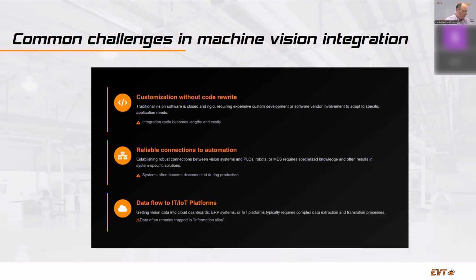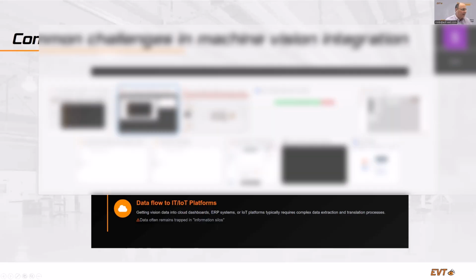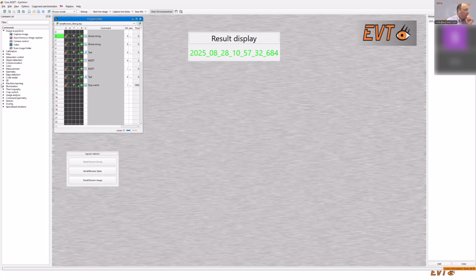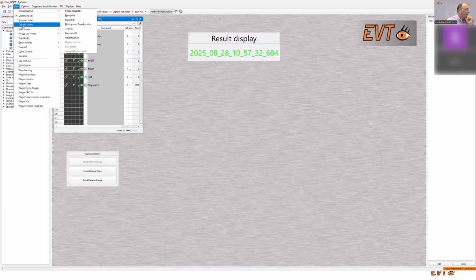I have a running EyeVision in the background, and I can open it for a second simply to show everybody how it looks. So we have here our programming tools, the programming editor,